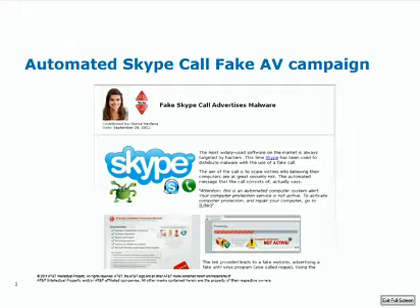In any event, there's a new campaign that's going out, and I thought it was an interesting twist in that they're using Skype. There's a particular Skype user, I forget what the exact name of it was, but some kind of automated agent, and it will actually call people, and it plays a voice message to them that says, you've been infected.